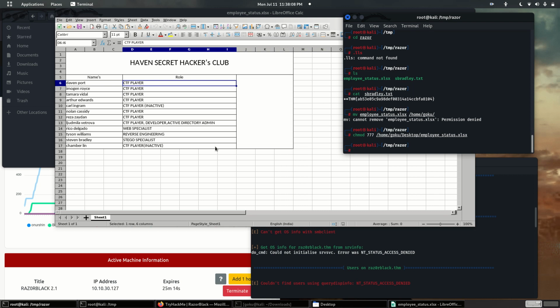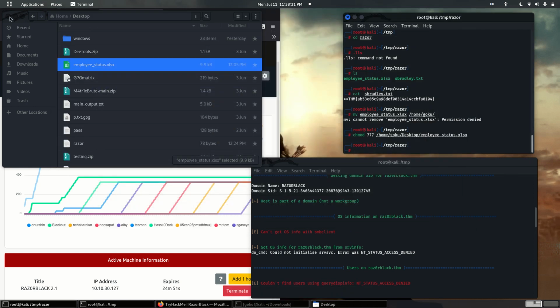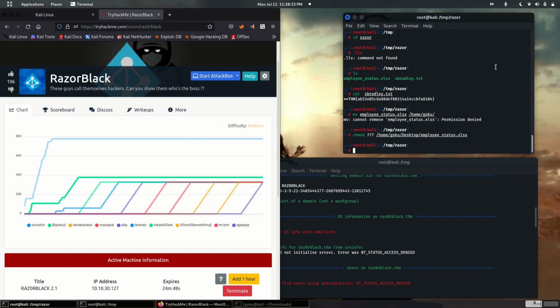Like for Davenport, there's going to be D Port, and for Tyson Williams there might be T Williams. For Stephen Bradley we had got S Bradley. So like that we have to prepare a dictionary for a brute force attack. So let's just make a dictionary,